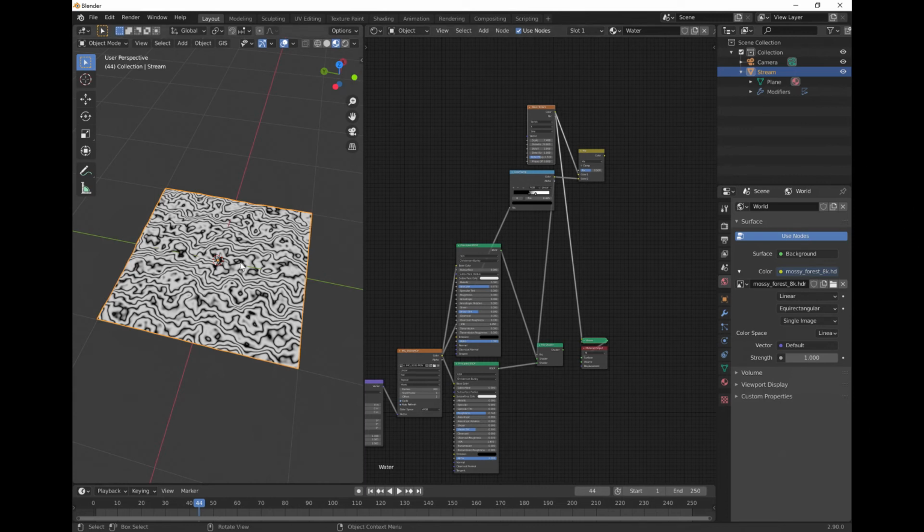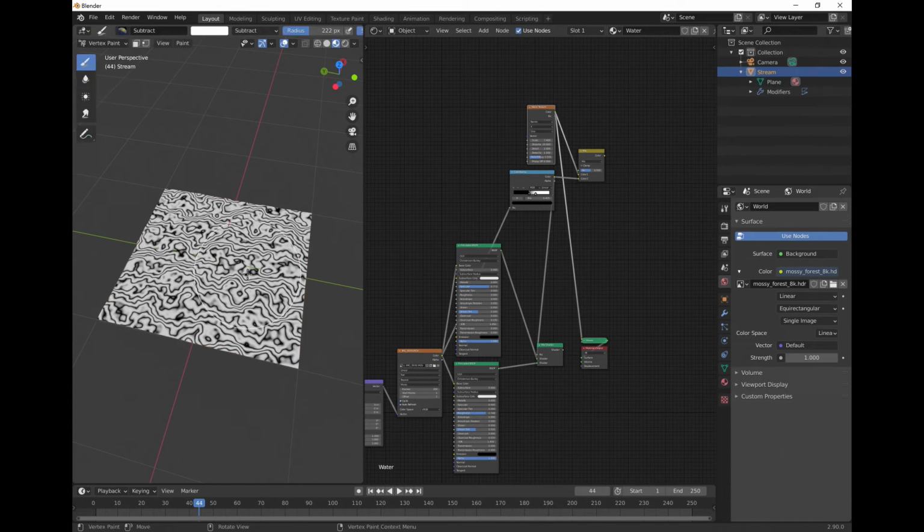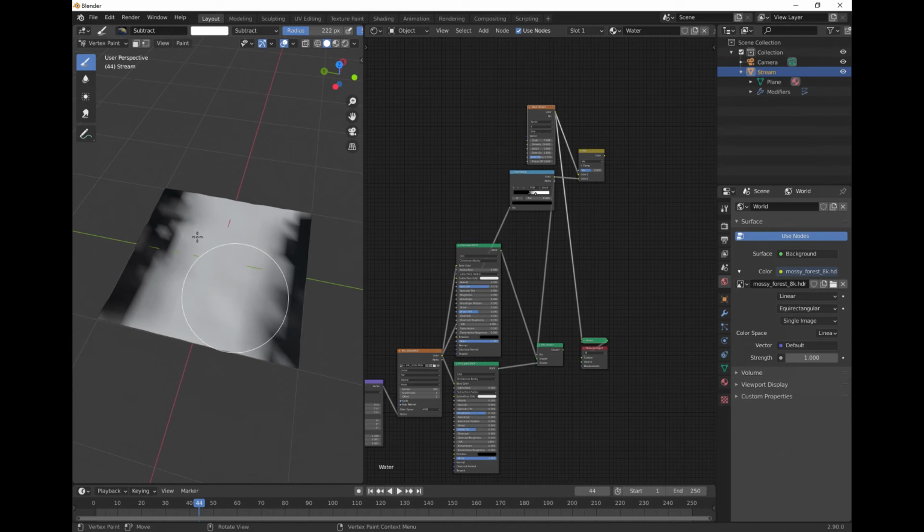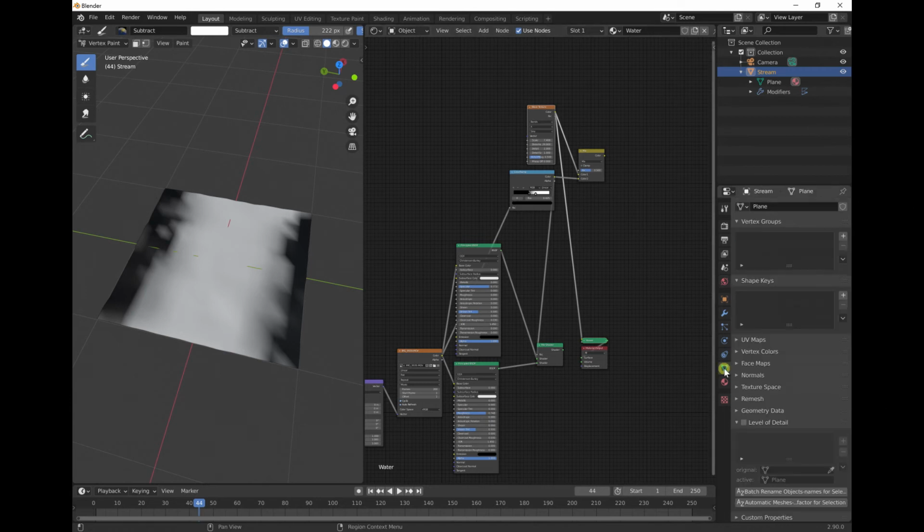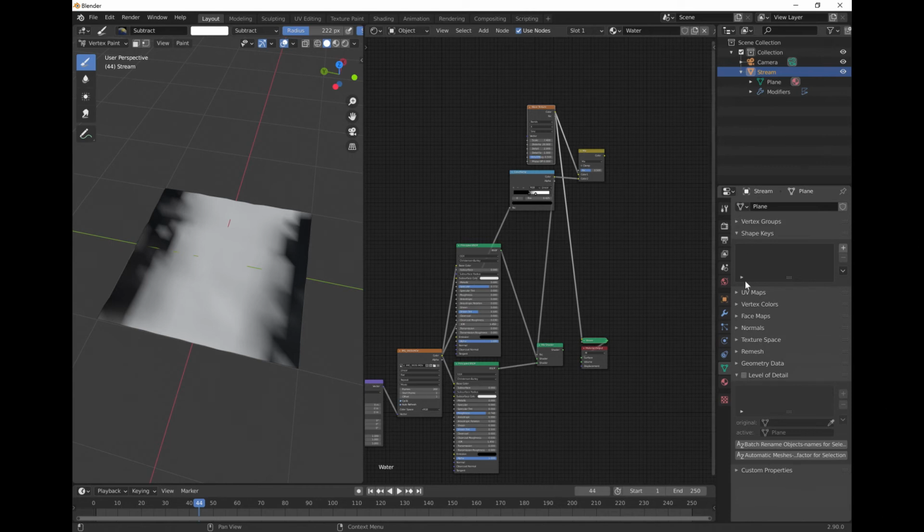So when we have, let's go back into vertex paint. Make sure, don't press here because we'll start painting again. Let me go back into here. Yep, so this is the vertex map. When you are in vertex paint and you have solid mode selected so you can see the vertex map that we've just created, go over to the right hand side, click on this little green triangle, and under vertex colors